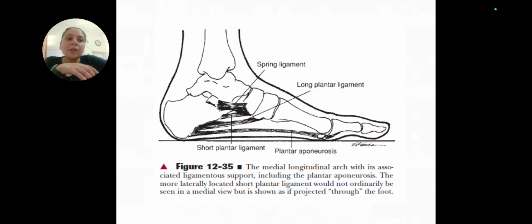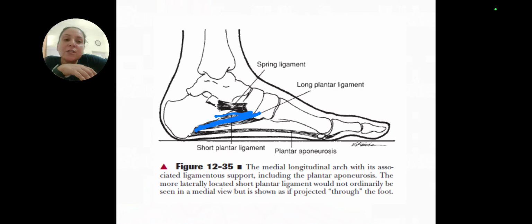Fine. Now these ligaments can be seen over here. You see this is the calcaneo to navicular, that is why it's the calcaneonavicular ligament. Can you see this? This is very nicely shown over here. Then you have this long and short plantar ligament. Can you see this? I've shown you wrong. Let me show you again. You can see this. This is the short plantar ligament. This is the long plantar ligament.